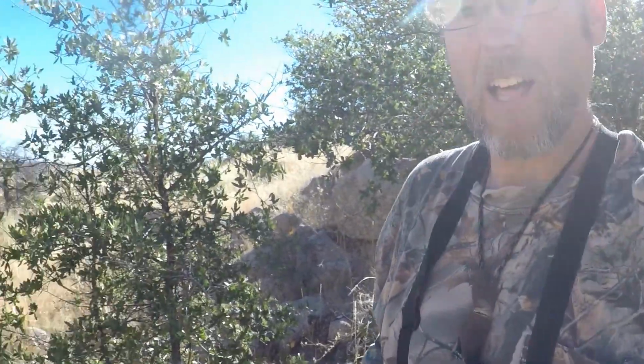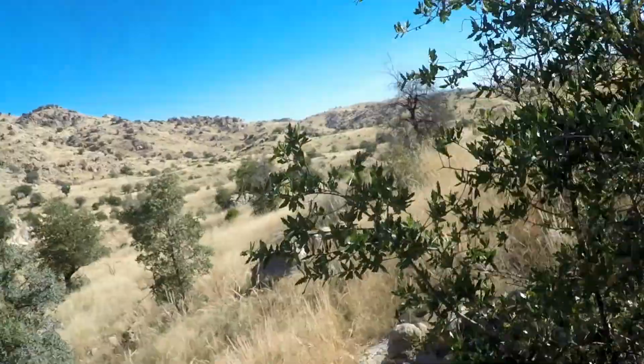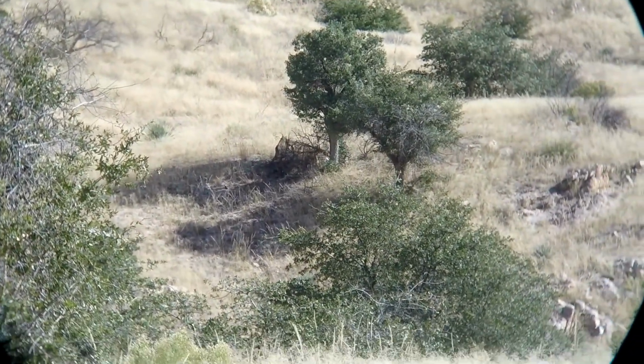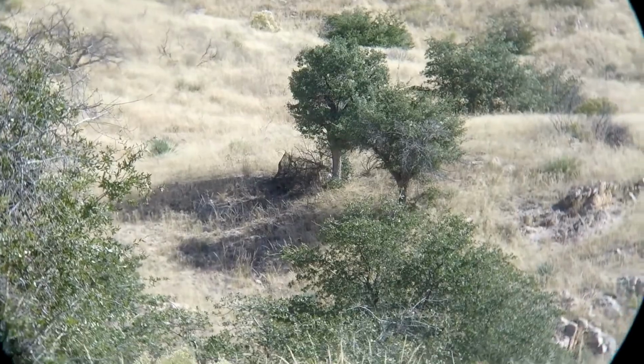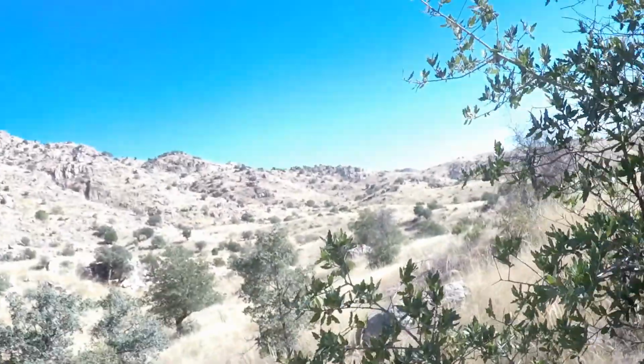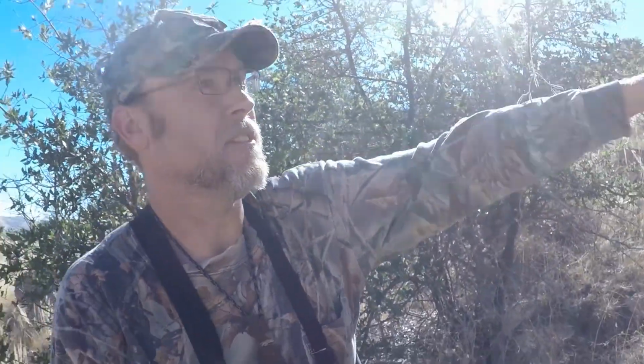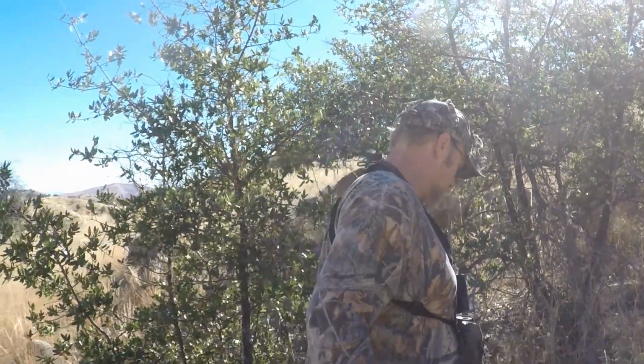Anyways, we're in a blind over here, and I'll show you. It's exactly 200 yards over there. We're in that blind right there in the middle of the screen at the base of that tree. And we saw this deer come down over this hill, and he was coming down, and then somewhere around here we just lost sight of him. And so we kept waiting and waiting and waiting, because it was still kind of morning hours. We thought he might be